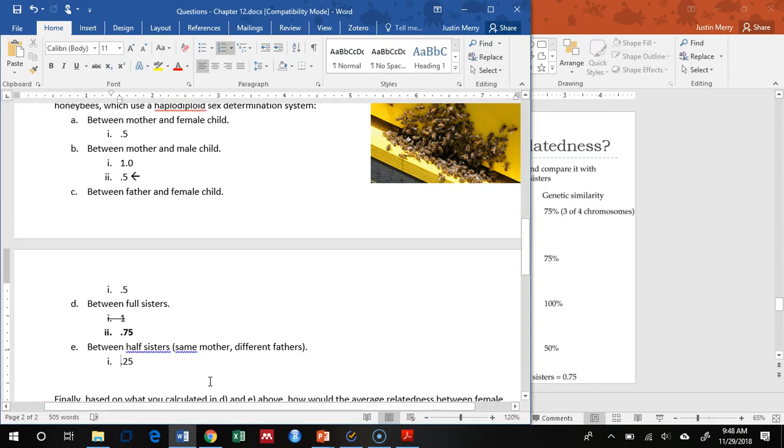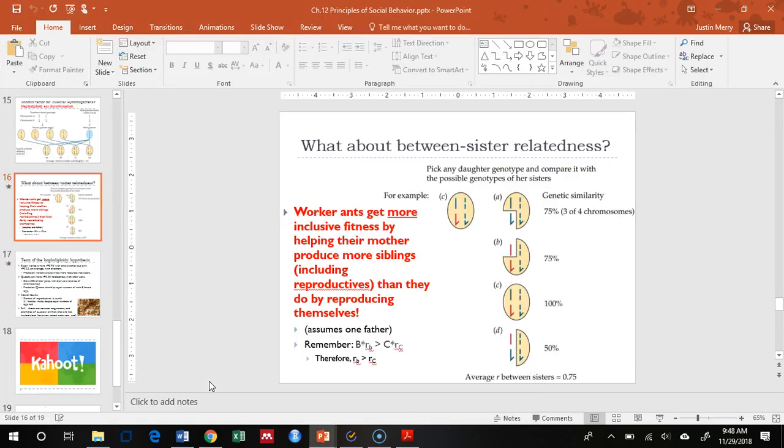And again, the reason is that I think the way to actually figure it out is if you sit there and you stare at this thing. If you understand this figure, this is comparing full sibs. But if it's half sibs where the father is different, you'd have to compare this individual versus all of her possible sisters when they have a different father. So there's a different genotype there. And that would give you this ability to compare half-sisters in this weird sort of system.